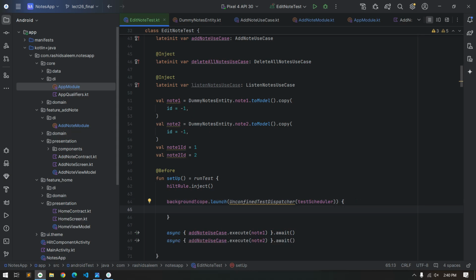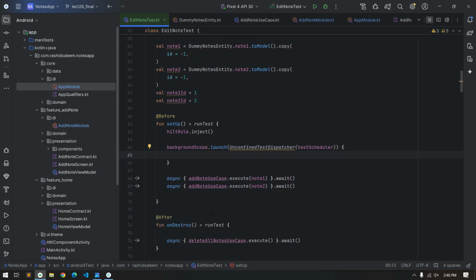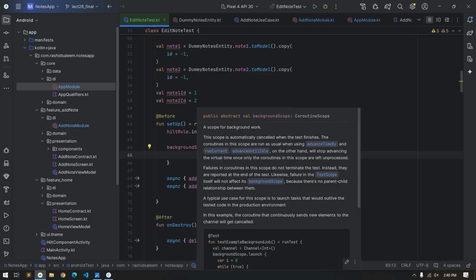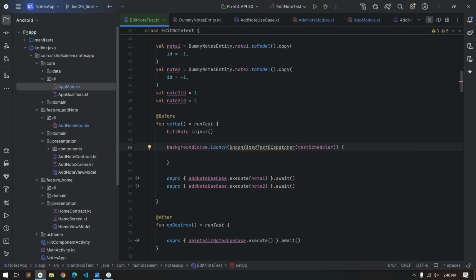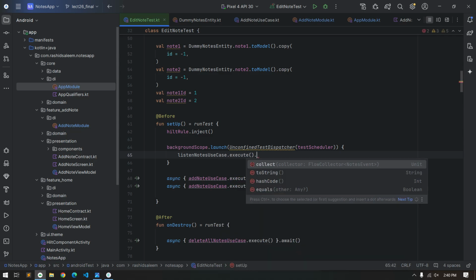We are using this background scope because it will help us auto cancel this coroutine when the execution of this method is completed. This is specifically for the tests. So here we will call listen dot execute dot collect,